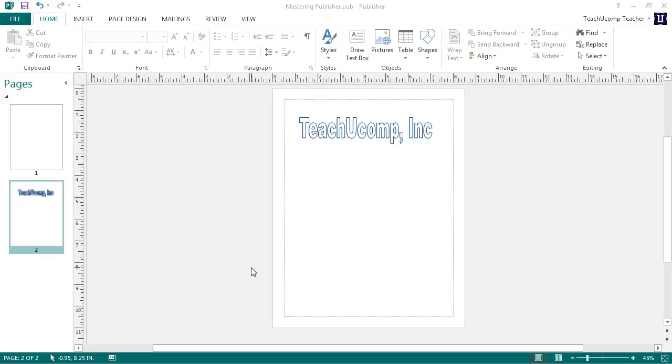Publisher provides you with a quick and easy way to create a product catalog by using the Catalog Pages feature. This feature will allow you to create a product catalog that contains information such as product name, description, price, and picture. Once you have that information, you can easily merge it into the catalog pages in Publisher to create a